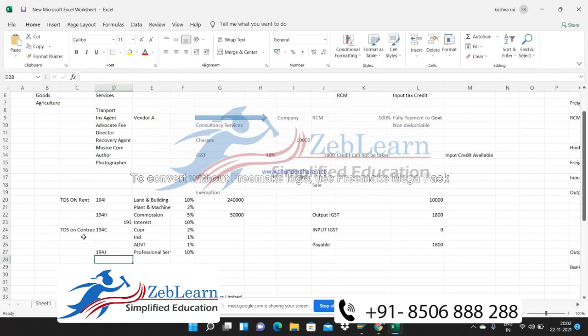There is one more section, I forgot the section number, but it is for lottery. Lottery or any kind of gift that you are getting, then 30% is the rate. Gambling, lottery or something like that. And there are some more services also in which this is applicable. Just go through any website on TDS, tax deduction at source, and you will get these rates.